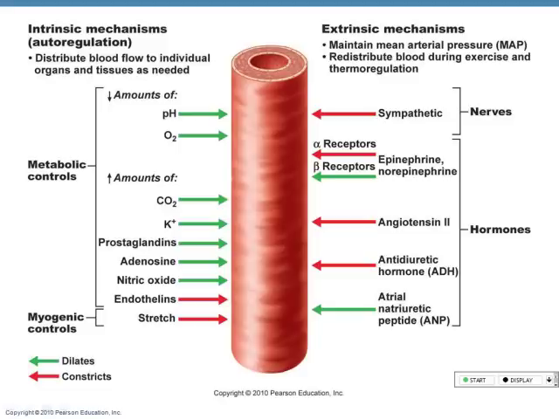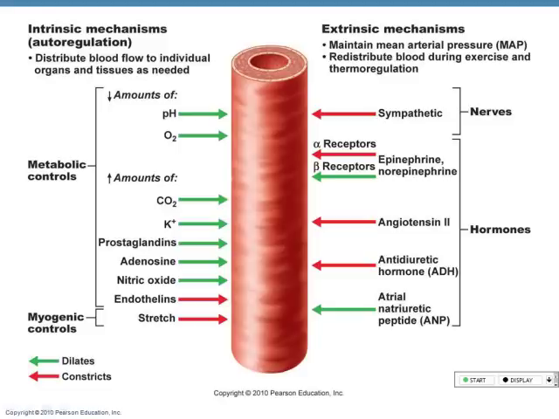So when pH starts to go down, I make more acid. When I make more acid, it's because I have too much carbon dioxide in the system. So if I have too much carbon dioxide, I don't have enough what in the system? Oxygen in the system. So the levels of carbon dioxide and oxygen also have an effect on your blood's pH. If I have increased amounts of carbon dioxide, again, I don't have enough what? Oxygen. Increased amounts of potassium, prostaglandins,